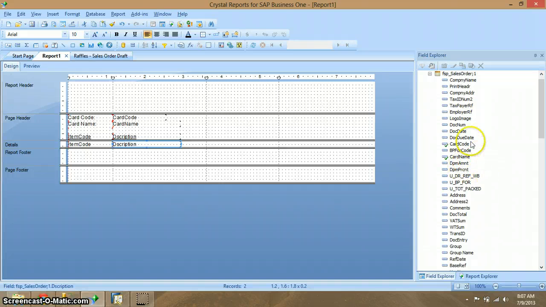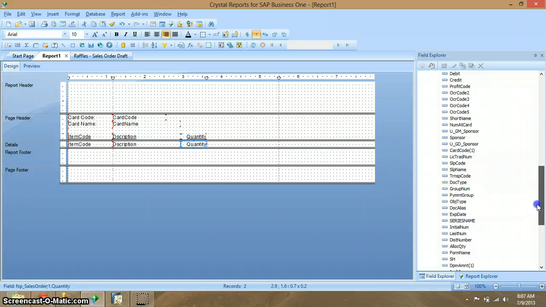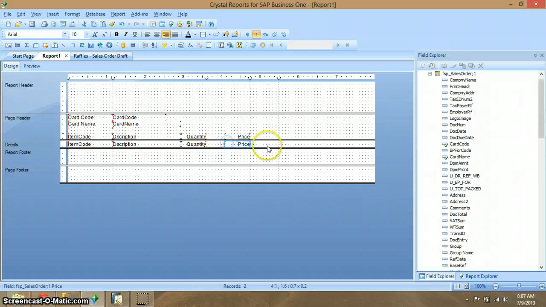Then for the quantity that she ordered, should put it right here. And of course, for the price, we should get the price. This is the price. Put the price here because I think it's kind of long.